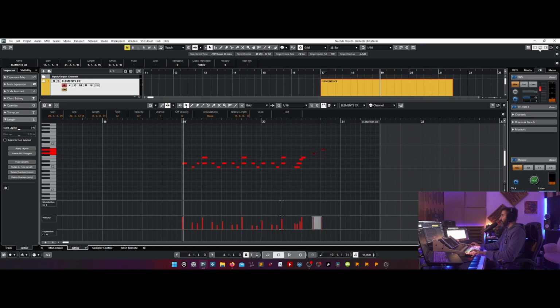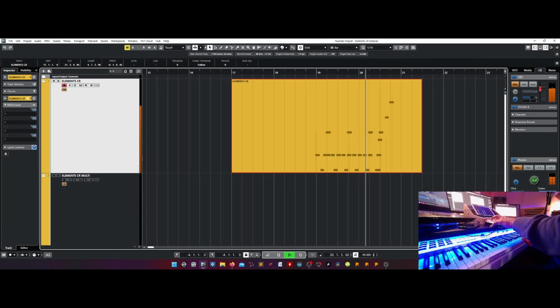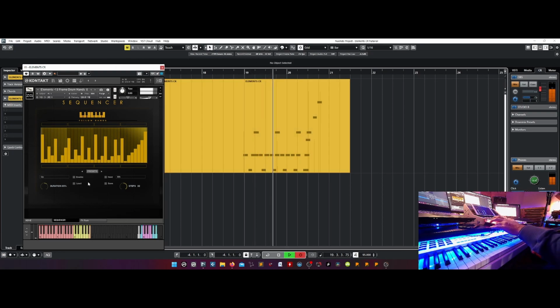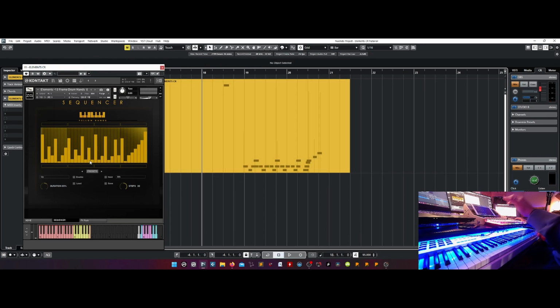Well, and now, for example, in the second part, I want to play with the sequencer. So from this part, I record. Here I record the key switch, the white key switch, to have the sequencer off.